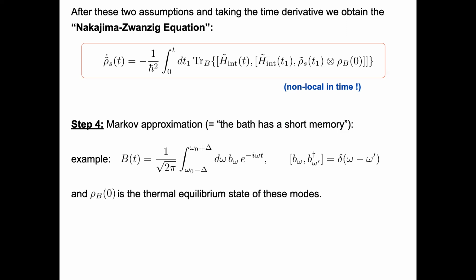Okay, and to see how this now arises, think about it. So what do we have here? There are now these double commutators. But think about one of these terms: H_int and rho, and we take the trace over the path. Each of these interaction Hamiltonians has a B or a B dagger. So let's say a B dagger, a B, and on the path side they are acting on this rho, and then we take the trace.